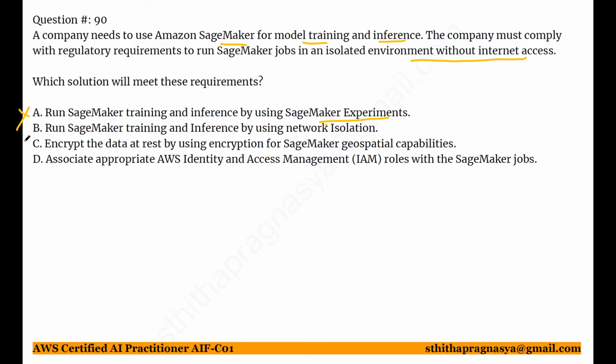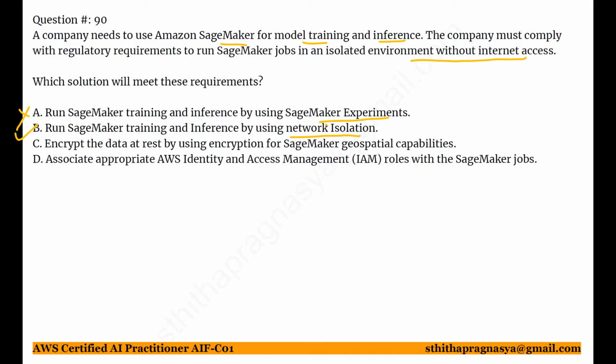Option B, network isolation, enabled by using Amazon SageMaker's VPC mode, that's a setting. This ensures that SageMaker training and inference jobs run in a VPC without internet access. This satisfies the requirement for an isolated environment and aligns with regulatory compliance. So option B is the right option, or the correct option, as it directly addresses the need for isolation and